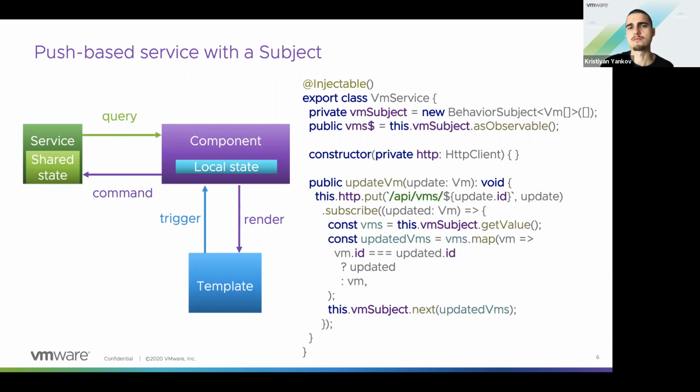So now we are introducing a private subject in our service, and instead of returning a plain observable of the HTTP client response from the service method, as we would do in a pull-based architecture, we are instead subscribing to the observable returned by the HTTP client directly in the service method, so that when the server responds, we can emit the updated result by invoking the next method on our subject. This way, the updated data can be multicast to any component that's subscribed to the subject as observable that we are exposing